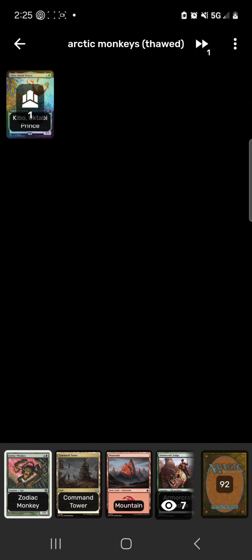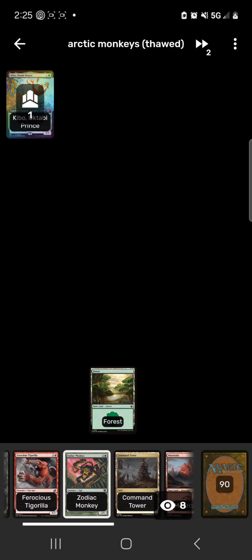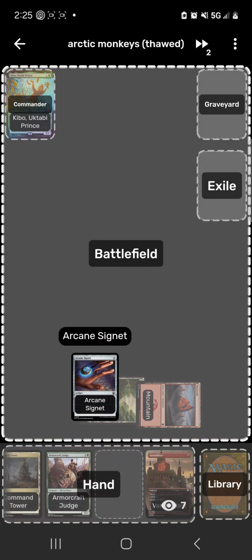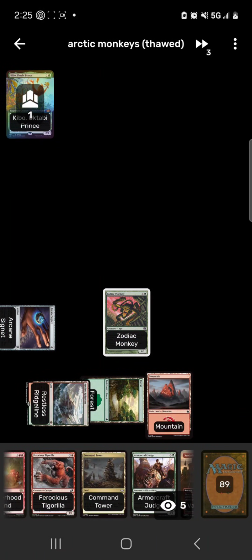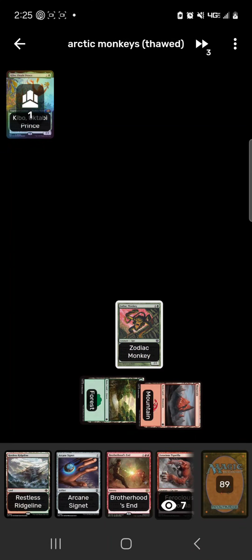So we would keep a hand like that. We would draw for turn 1. We would play a Forest, pass. I think here we want an Arcane Signet, which kind of hurts. Restless Ridgeline into Zodiac Monkey. No, I think if I had to take that back, it would probably be turn 2 Zodiac